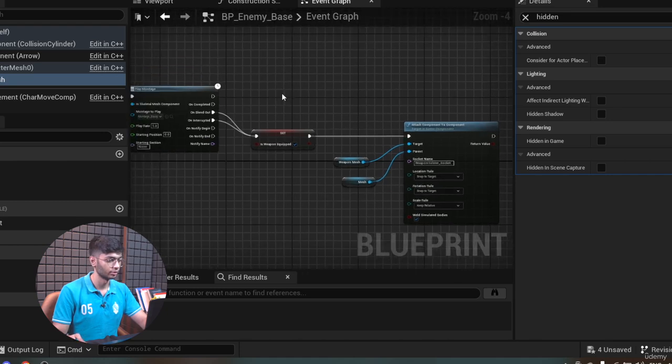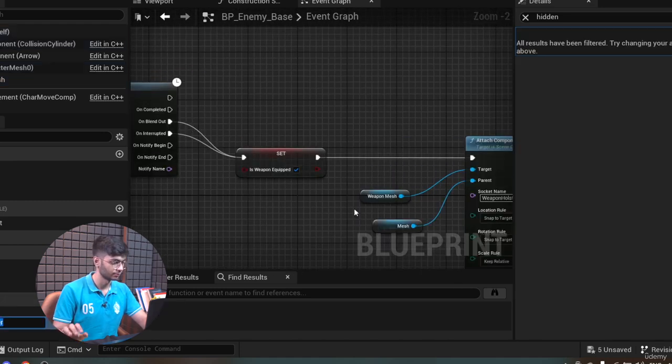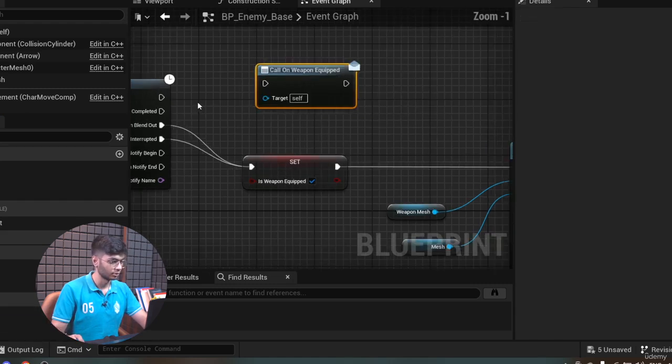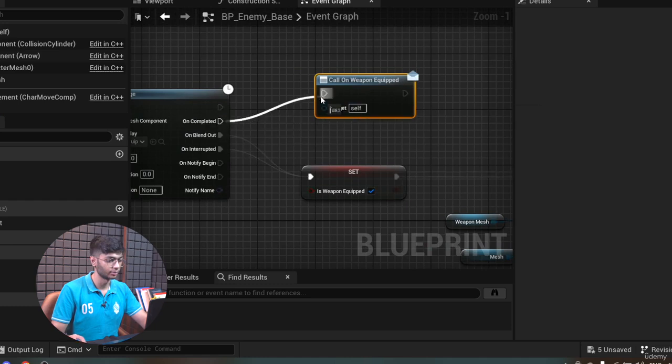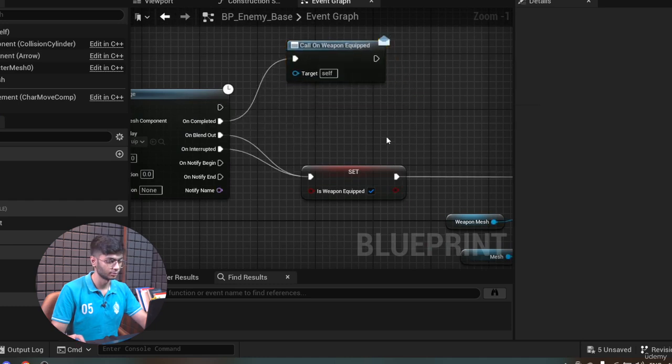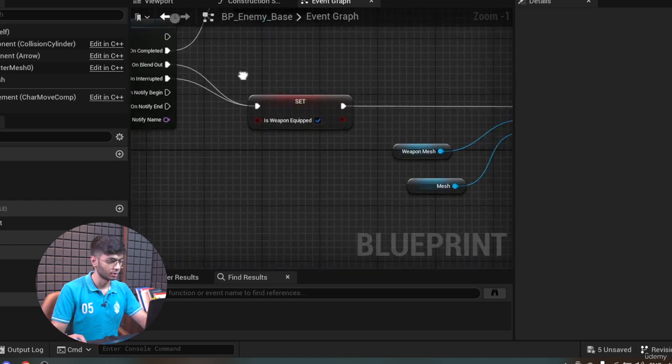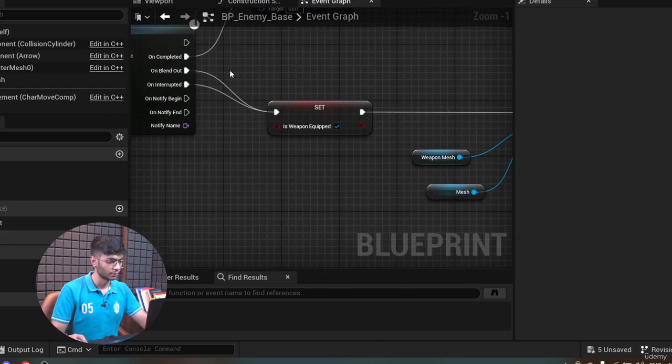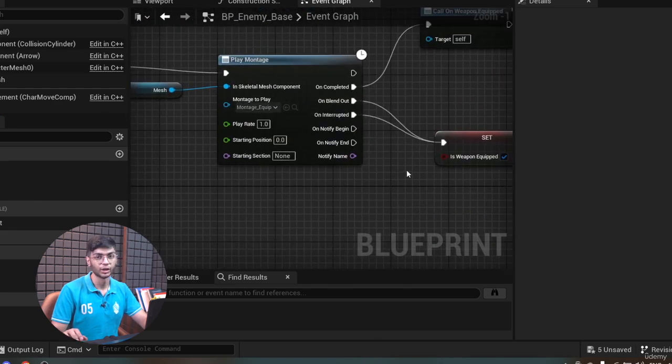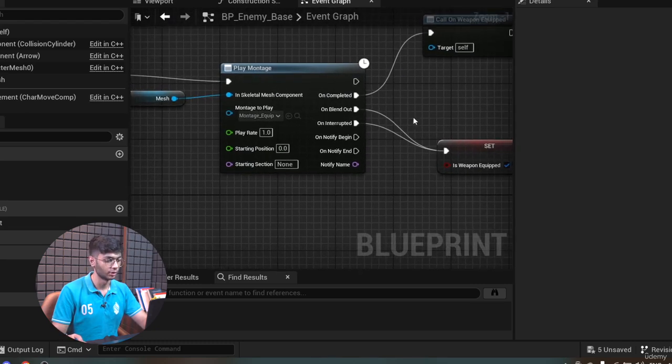So what I'm going to do is create a delegate here and call it on weapon equipped. And when this task is completed, I'm just going to call that here. Along with that, I want to attach the weapon when the hand is behind the enemy and not when the animation is over. So what I will do is